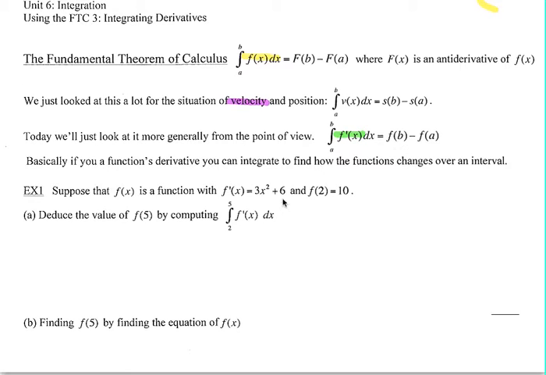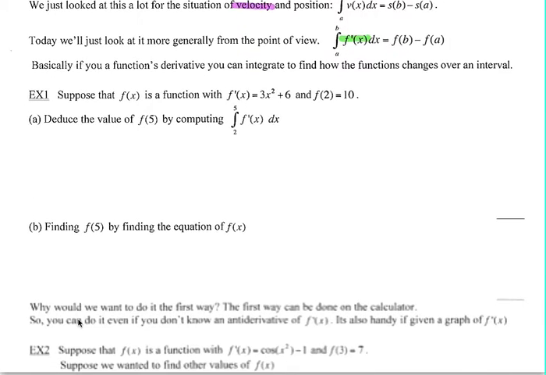All right, so example 1. Suppose we have this function and we know that its derivative is 3x squared plus 6, and we know that f of 2 is 10. So when we plug in x is 2 into this unknown function, we get a value of 10. I'm going to skip over part a for a second. We're going to do part b, because b is probably the way that you would do this problem